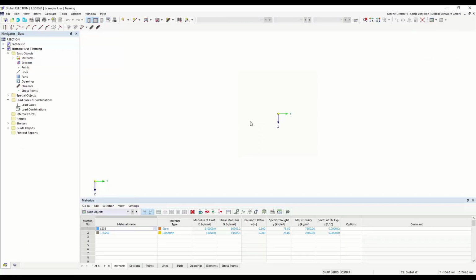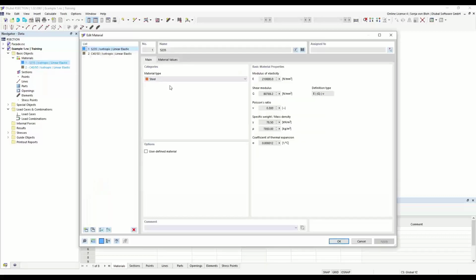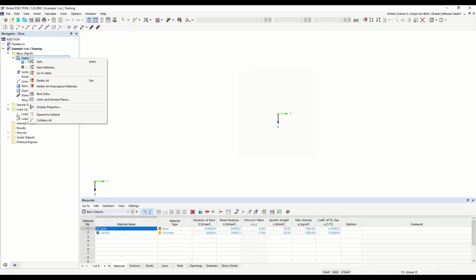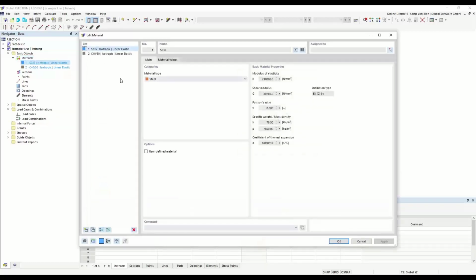First I define the material. Here already two materials are defined. If I double click on it, I will open here the edit material dialog. If no materials are defined, then it's also possible to right click on this material and then create a new material. Okay, I open this dialog again,